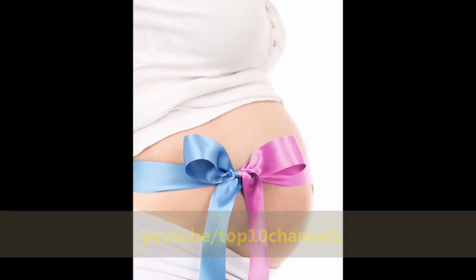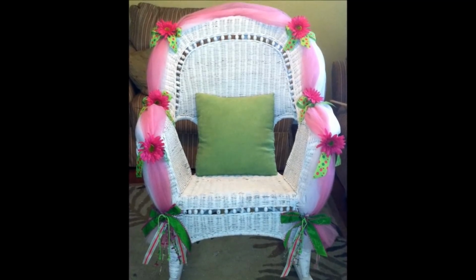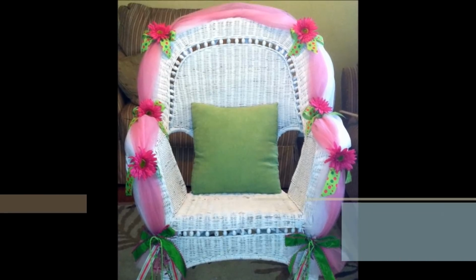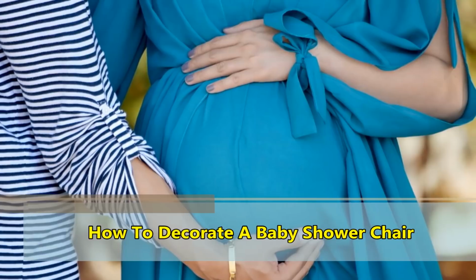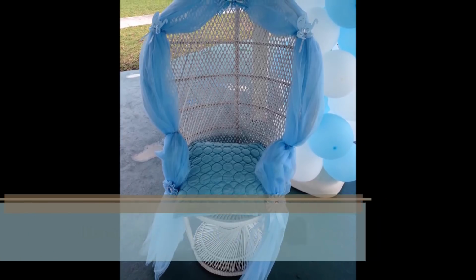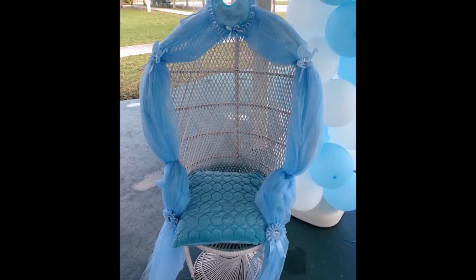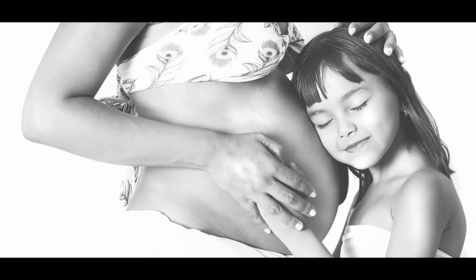After deciding the color, you can wrap the tulle around the chair and then make a bow at the back. In addition, any stuffed animals such as a nice teddy bear can be put into the chair in order to increase the fantastic landscape. All of these elements can absolutely add to the attractiveness of the celebration. Other options. An umbrella can be used in order to decorate your baby shower chair in a unique and distinct